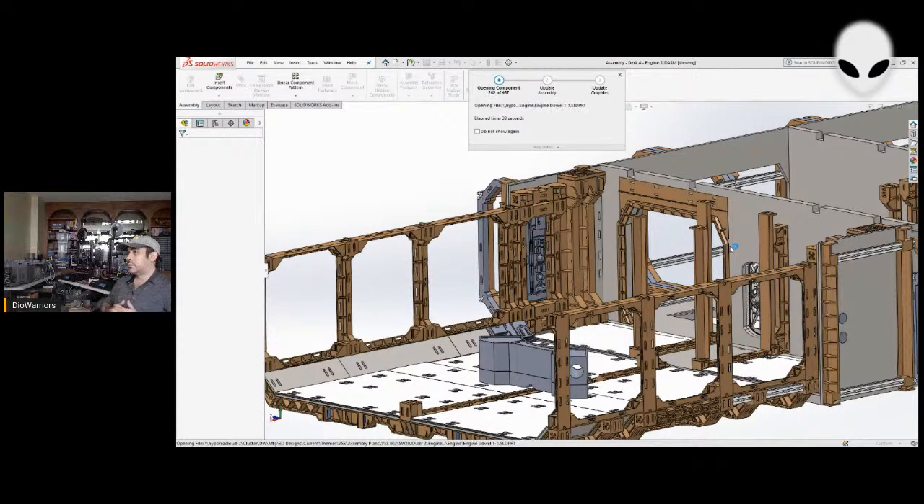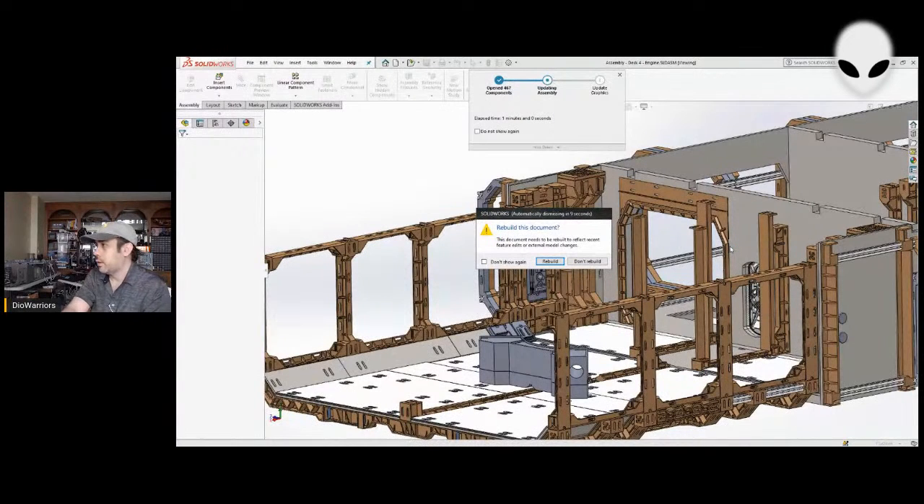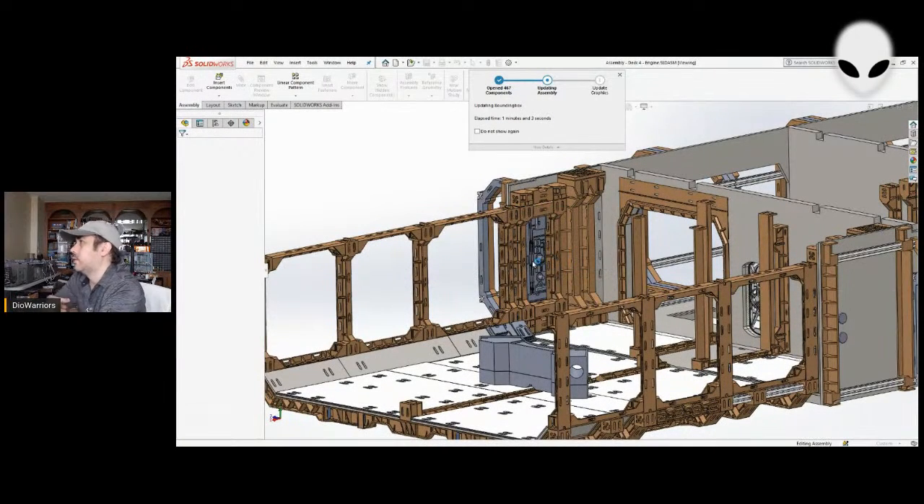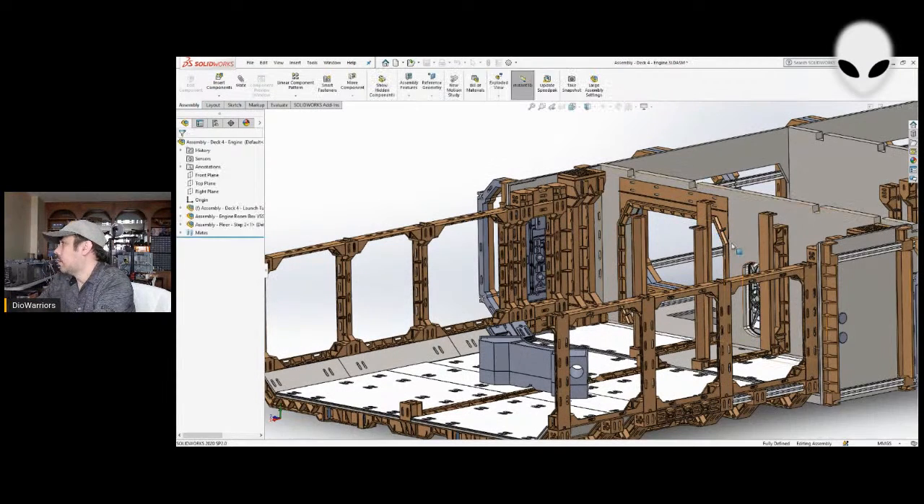Just waiting for it to load. Almost done. 467 components for this file. Okay. Rebuild, yes. Okay, come on. Okay,